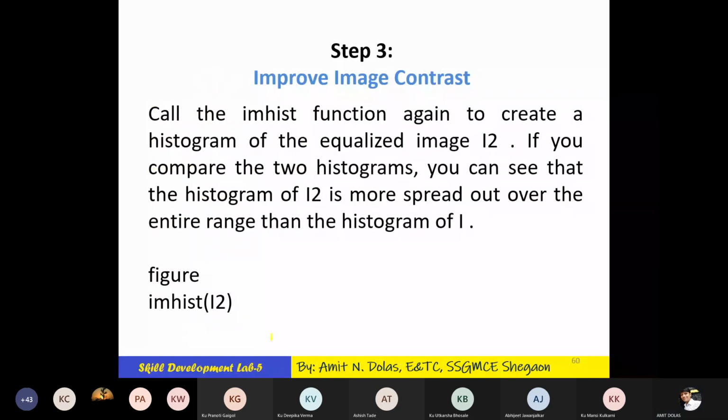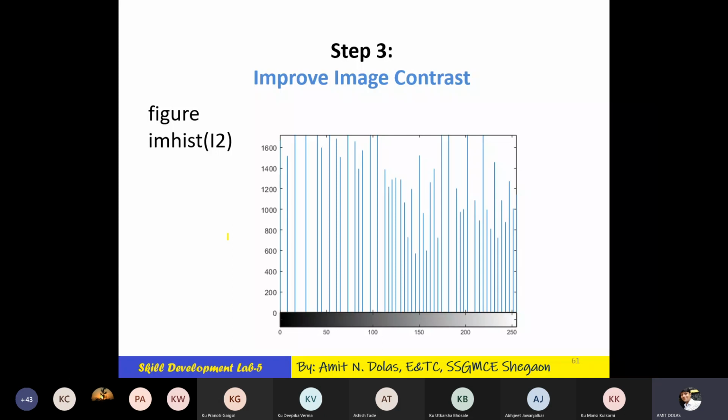So call the imhist function again, which we already did, on the histogram of the equalized image I2, in our case k. If you compare the two histograms, you can see that the histogram of I2 is more spread over the entire range than the histogram of I. Figure imhist I2, we already did this. So this is the second figure that we have seen in MATLAB itself.